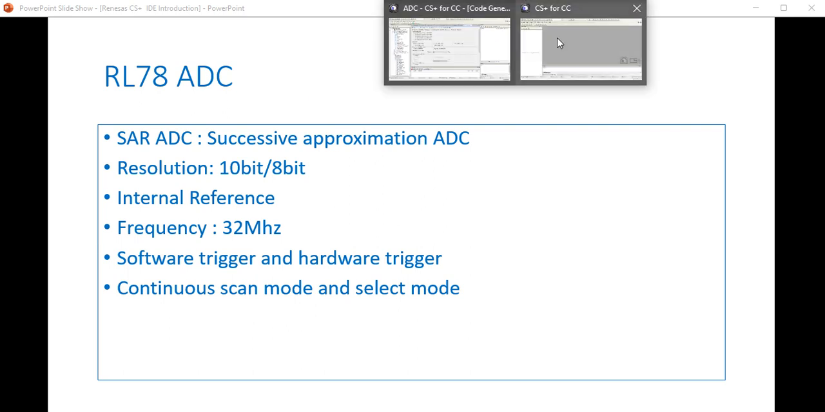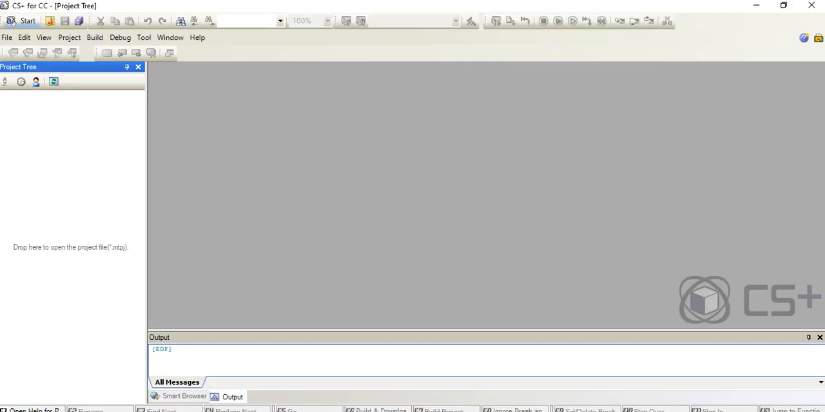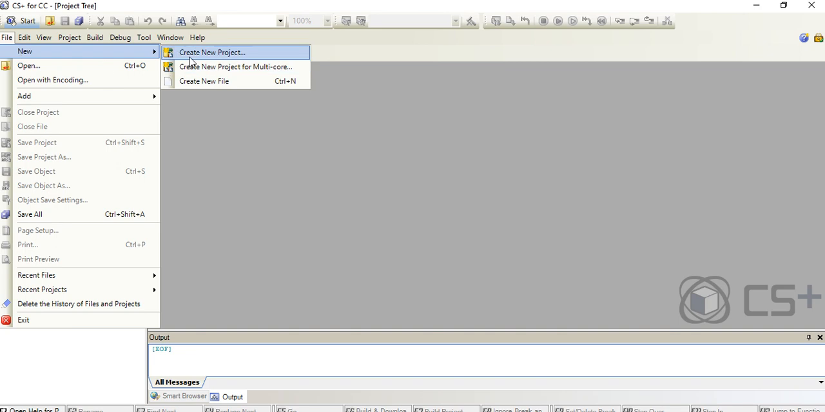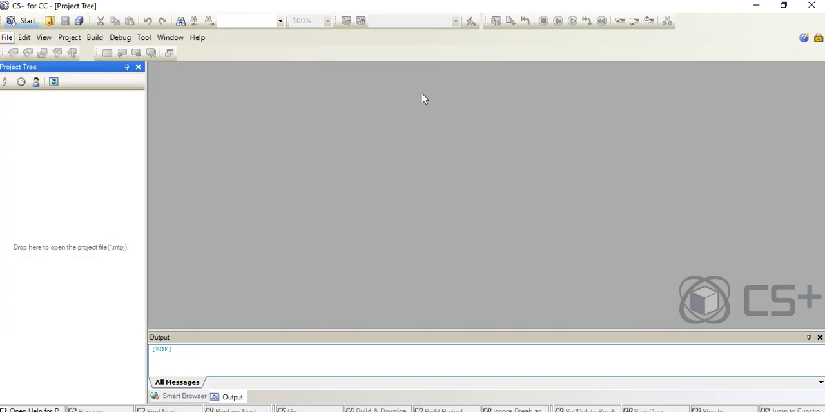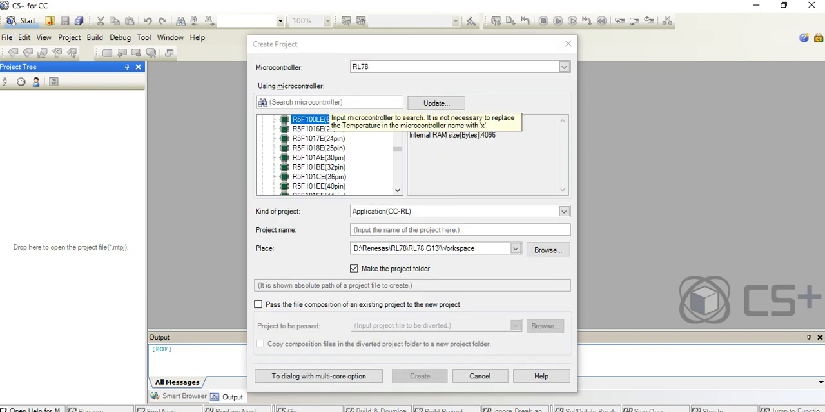So open your Coveter IDE and create a new project quickly. Select the MCU part number. I am selecting the R5F100LE 64 pin, which has a ROM of 64 kilobytes and RAM of 4 kilobytes. Then for the kind of project, select the application, then give the project name